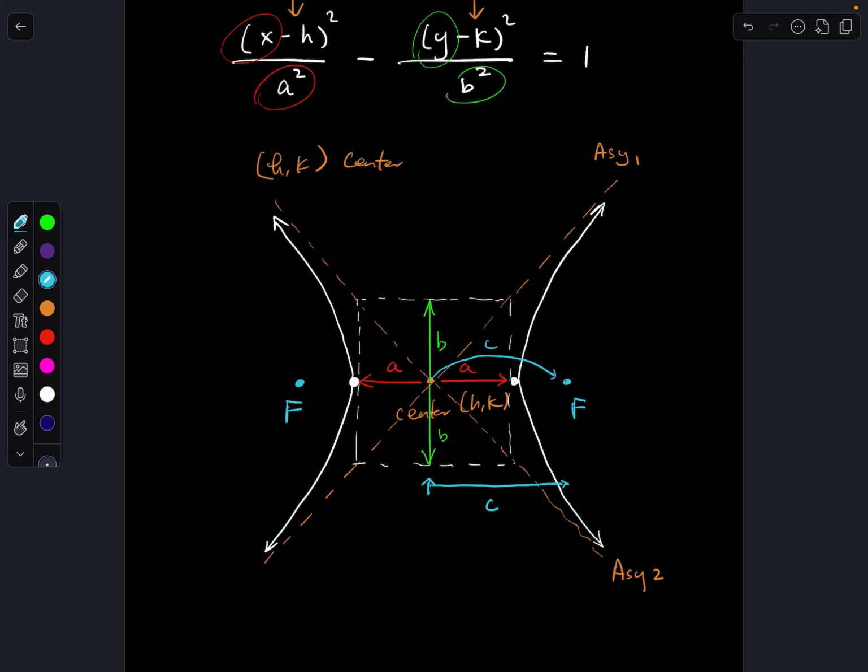Now I'm going to show you an example of how an equation of a hyperbola would look, and then we can show you how to find all the stuff that you need. Because I showed you a horizontal one, this example is going to be a vertical one, so you can see the difference. All right, let's start with an equation of 9y squared minus 4x squared minus 18y plus 24x minus 63 equals